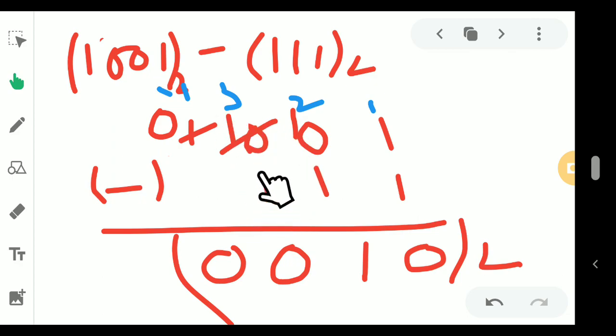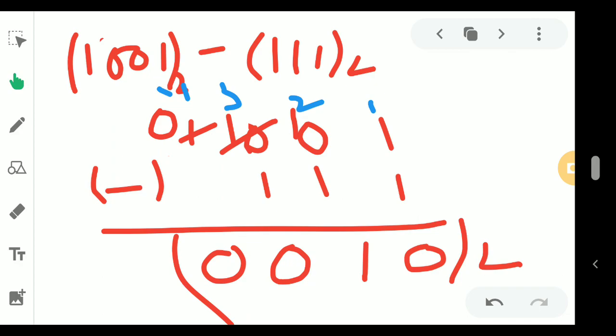So 1 0 minus 1 is what? 1. So 1 remains over here. Here 1 is there. This one is 1 0 minus 1. Here 1 is there. And the final difference from here, if you give, that is 1. 1 0 minus 1, it is done. Okay, so next in the columns, we come here: 1 1 and minus 1. Here 1 is already there, taken from borrow. So 1 minus 1, 0. Here from here I have taken borrow, so 1 0 becomes 1 0 minus 1, 1. And here from here I have taken 1, so 1 minus 1, it is 0. And 0, nothing is there, so 0. So in this way we can perform the subtraction.